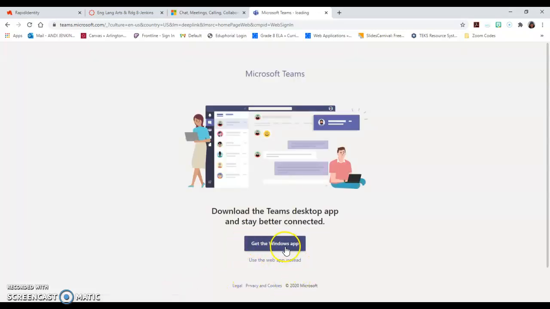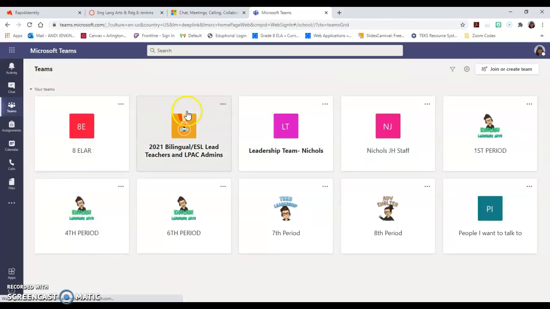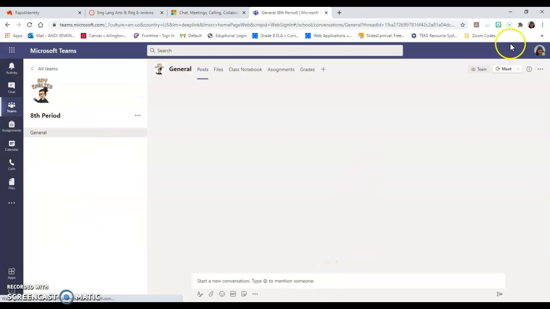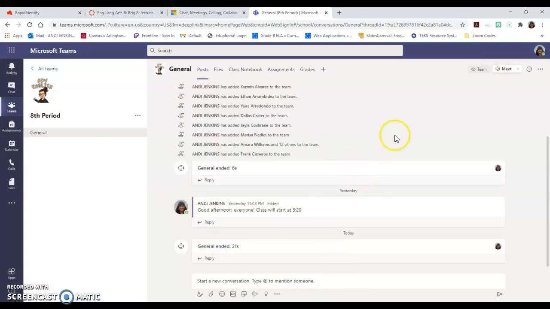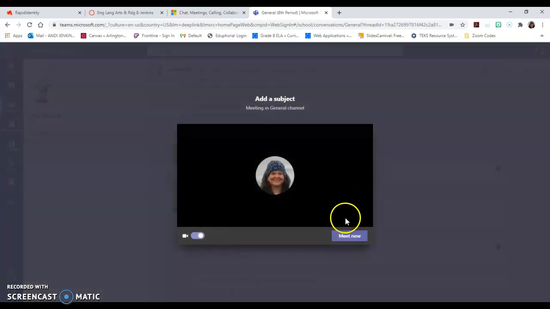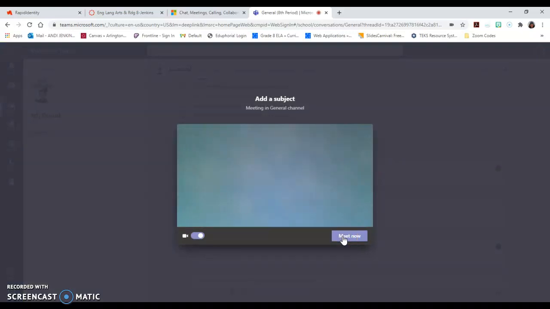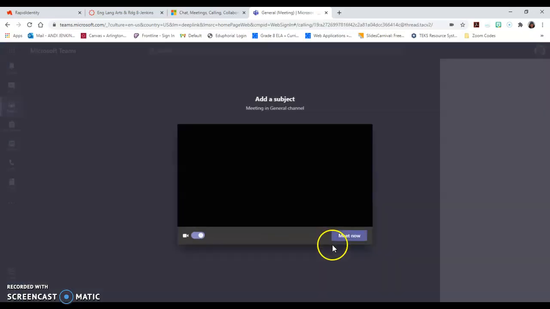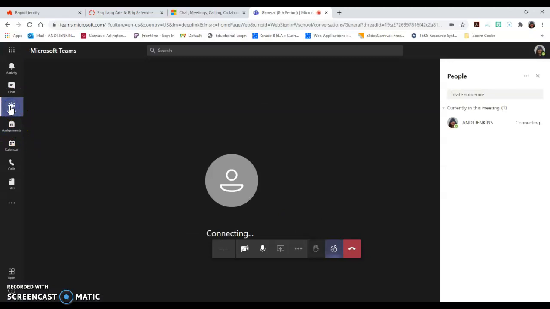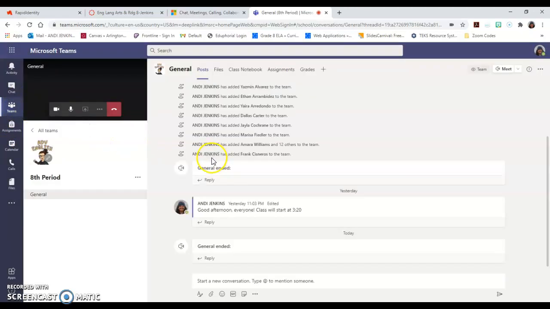It's going to ask, do you want the Windows app or the web app? Just use the web app. It's easier. And it takes you to all of your classes. So, say this is 8th period English. On your screen, if I start a meeting and I click Meet Now, and then I go back to my Teams, on your screen,